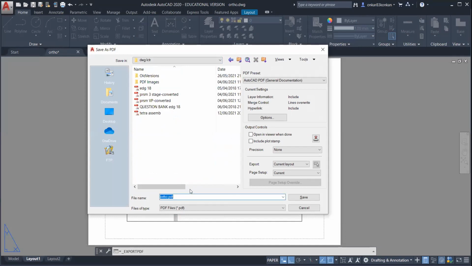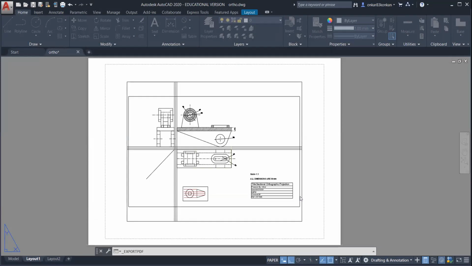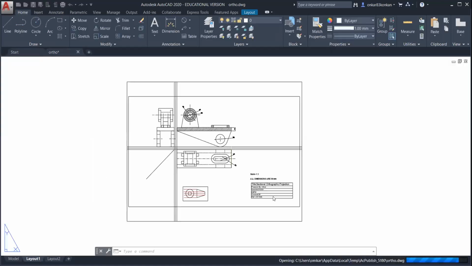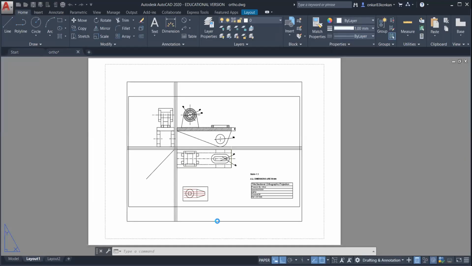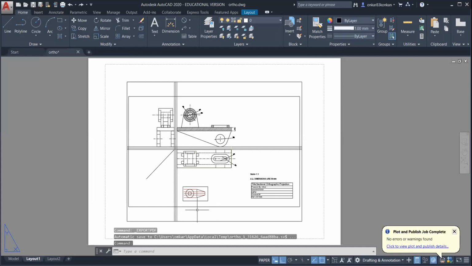Okay, so you can give the name to the file. And here the file type by default is PDF. Okay, so save that document.